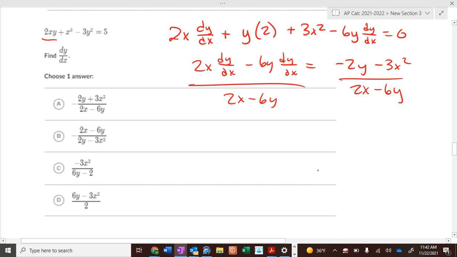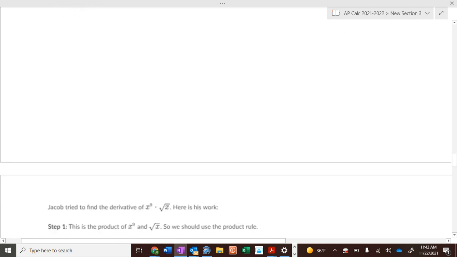Does it matter what position you subtract the two? No, because they're both negative. So the bottom is 2x minus 6y. The top, if you factor out a negative 1,